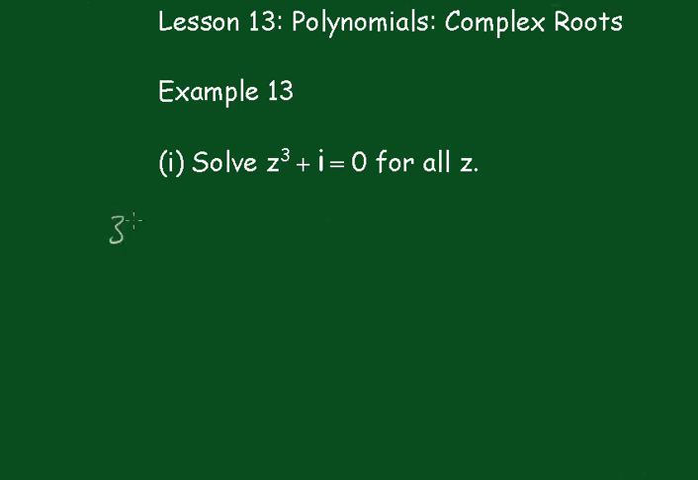Z equals i, then i cubed is going to give me minus i, and of course that will give me 0. So z equals i is a solution. Now, having done that, we could just equally space them around the circle and get a result, but just assume that we don't know that, and we'll just divide this by the factor z minus i. So I'll put z minus i